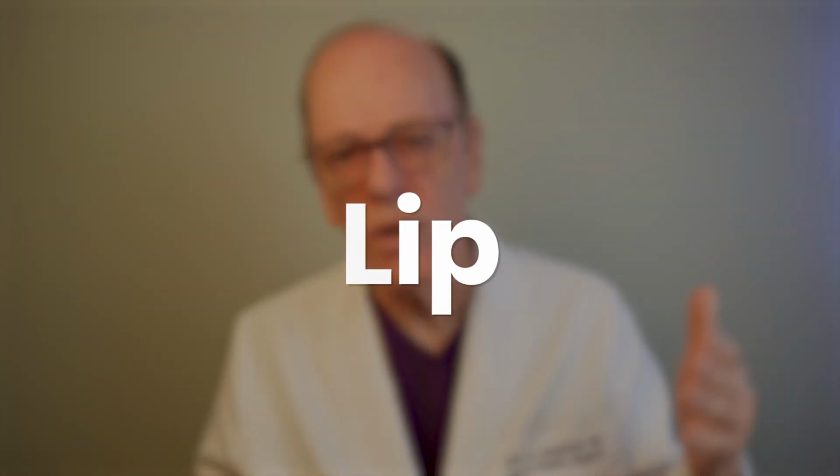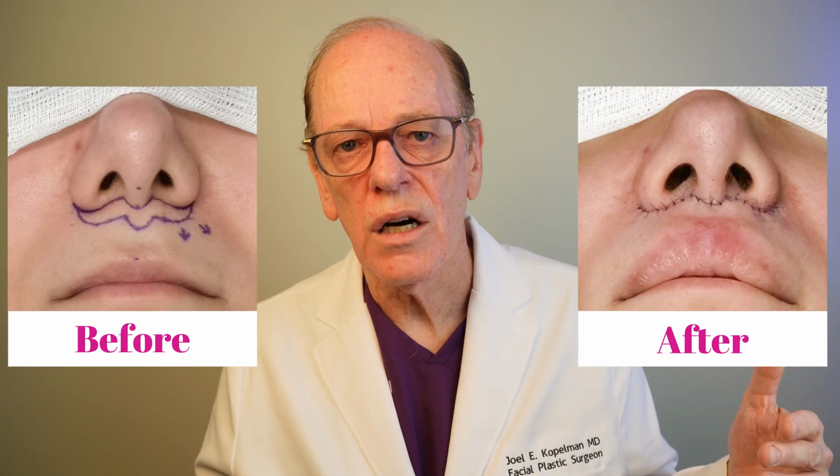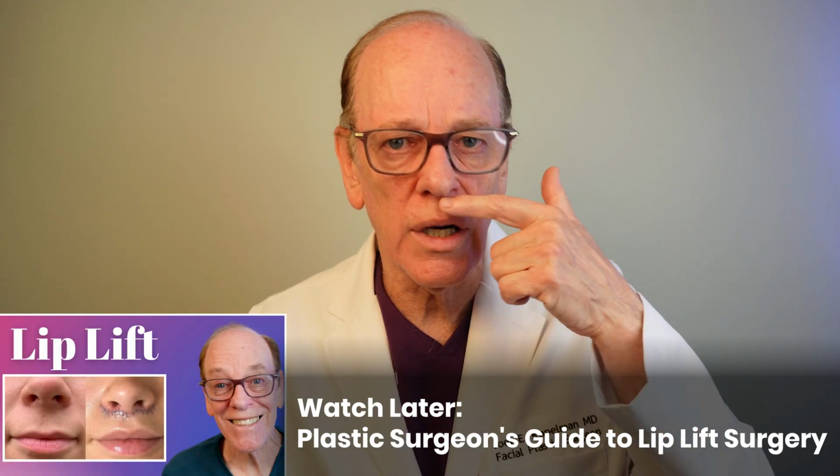Now, if we look at lip surgery, it is obviously long-lasting. It has the advantage of shortening the distance between the bottom of your nose to the vermilion border, which is right here. There are many people who have a lengthening of this distance from the base of their nose to the lip line, and particularly as they age, it lengthens. But there are people who are even born that way, and it is certainly advantageous to shorten that for aesthetic